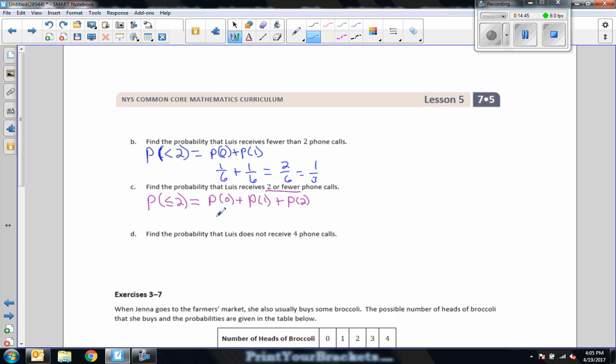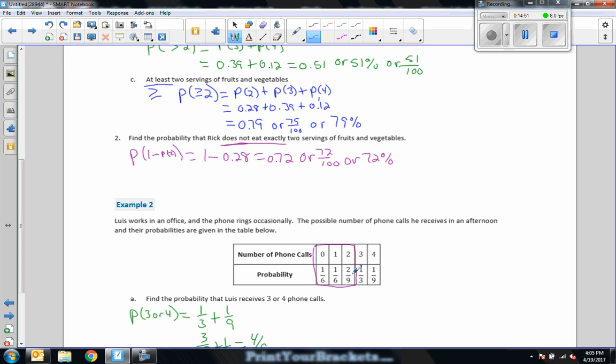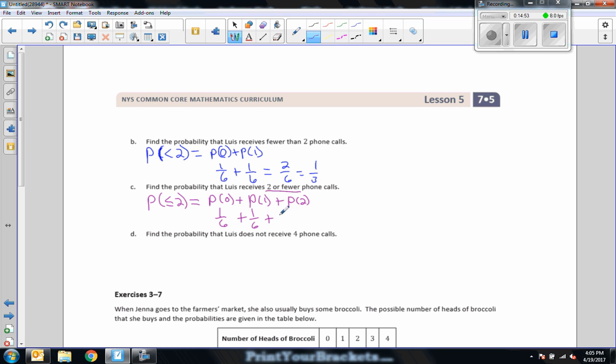I already did 0 and 1. 1/6 plus 1/6 plus 2/9. I need common denominators, so it's 18. 1/6 is 3/18. 1/6 is 3/18. 2/9 is 4/18. Add them up. 3 and 3 is 6, plus 4 is 10 out of 18, or 5 out of